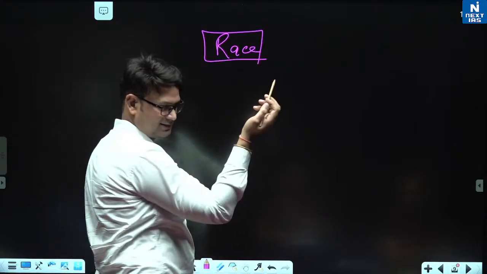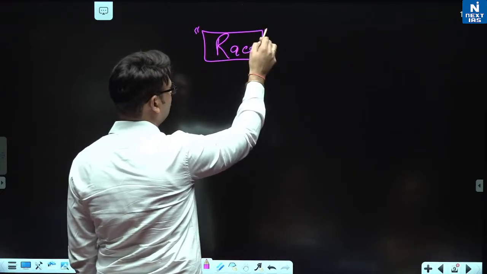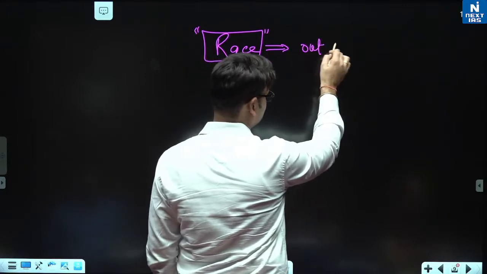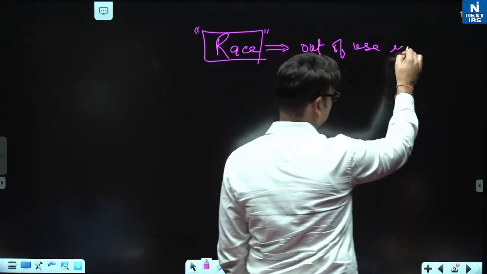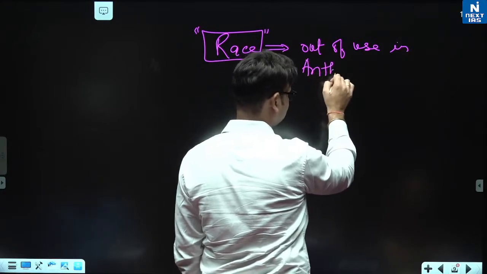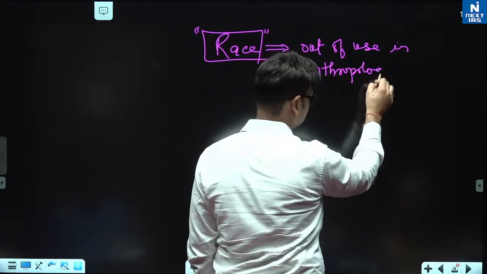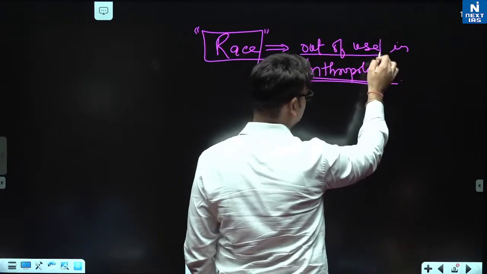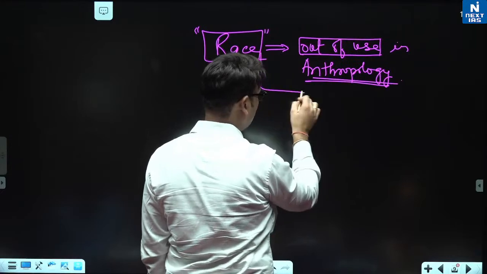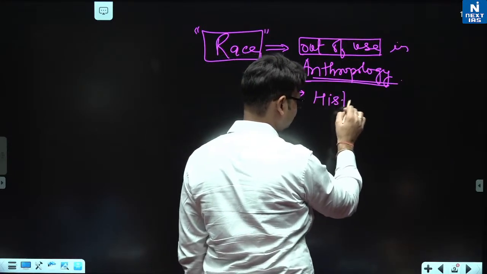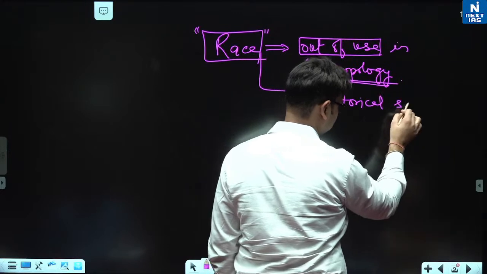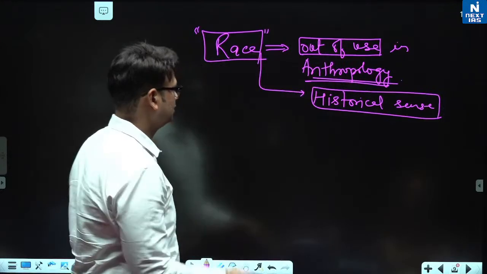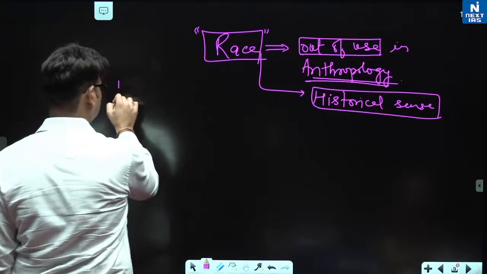Whenever you define race, right, this term I am putting in quote and unquote because the term is out of use. In anthropological literature, in anthropology, it is out of use as of now. We are using it only in a historical sense. See, if you talk about anthropology, especially physical anthropology,